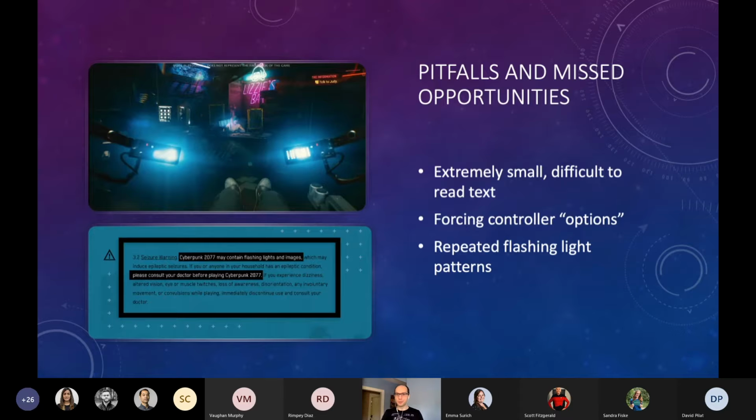Then, of course, you get into some accessibility issues where games can actually cause harm. A common thing for video games is that they are potentially dangerous for people with photosensitivity, and certain games can take that a bit far. There was a story last year about Cyberpunk 2077 coming out with very fast, strobing bright lights and no adequate warning, which resulted in at least one person getting a seizure,